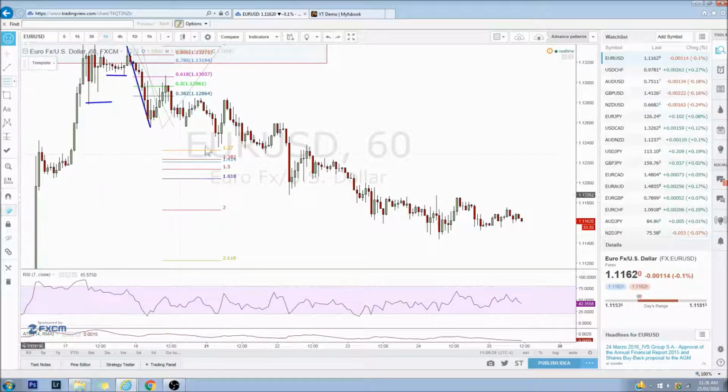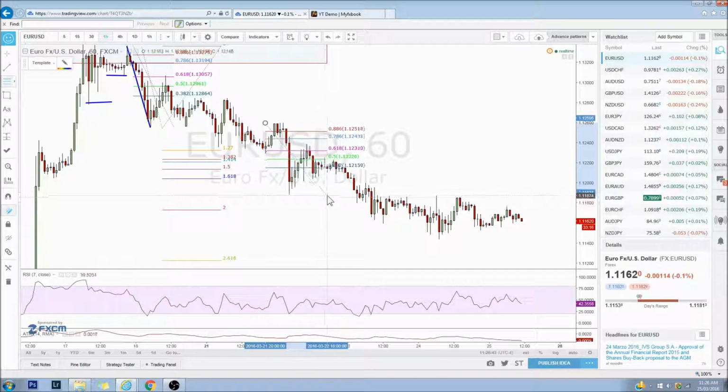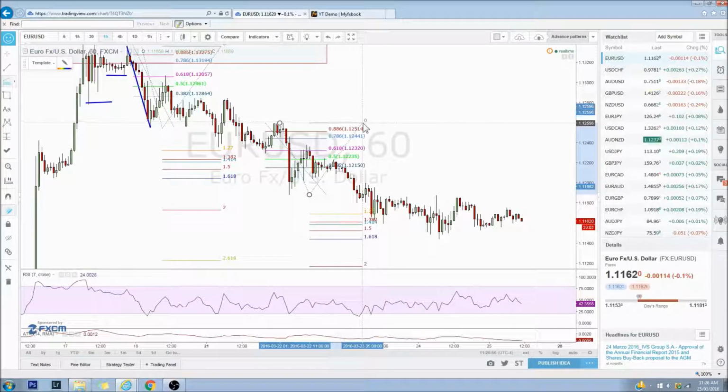Let me get the right fib tool here. These are the long ones I look at, and then I fib them. And look at that, right back into the 618, which hits structure back here. Okay, and then we pan it out for another 127 hit. Okay, those are those